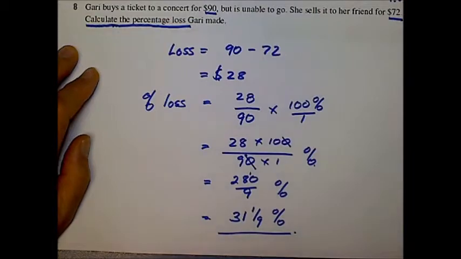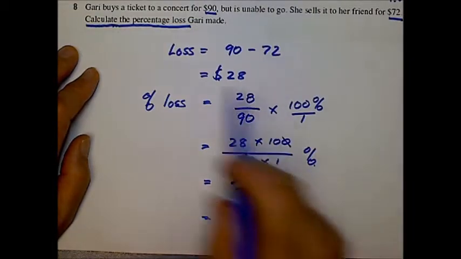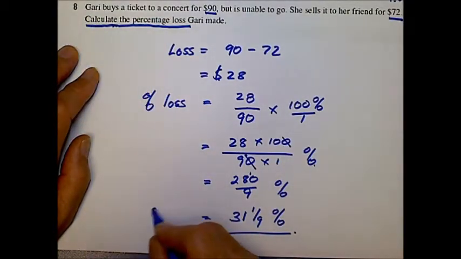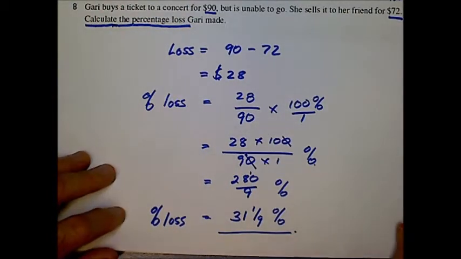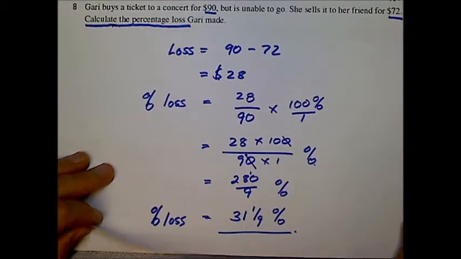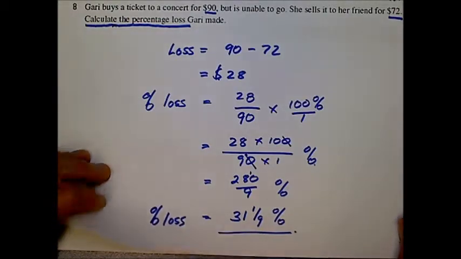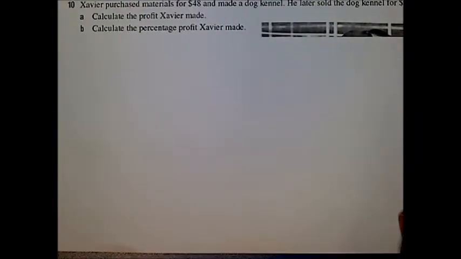So in this particular case, Gary has made a percentage loss equal to 31 1/9%. The next problem, number 10,